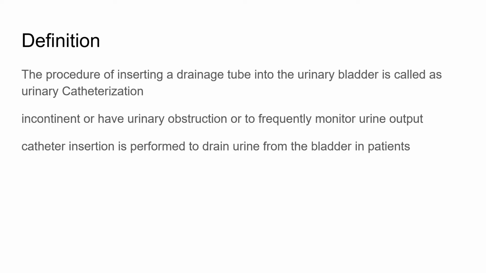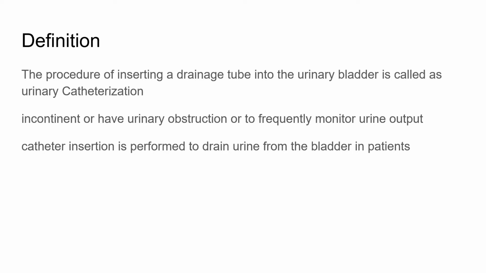Urinary catheterization has to be done in order to drain the urine from the bladder in patients who are incontinent or have an obstruction. In both conditions, if incontinence is there, there will be dribbling of the urine, so that may need to be catheterized. At the same time, with urinary obstruction, no doubt this has to be catheterized. In both conditions, it needs to be catheterized.